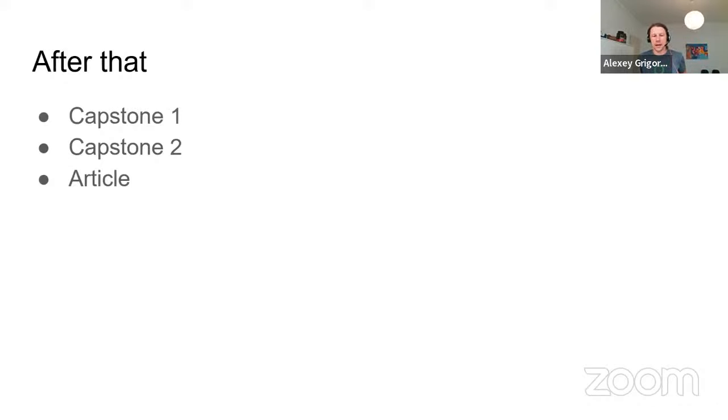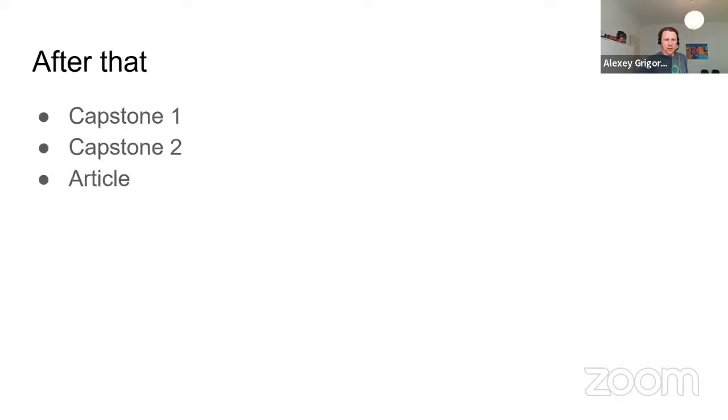So we'll have a capstone project. It's very similar to the midterm, but you will also be able to use neural networks, Lambda functions from AWS and Kubernetes and whatnot. And also, if you want to learn something extra and you want to share it with the community, you will be able to write about that and submit an article about what you learn.